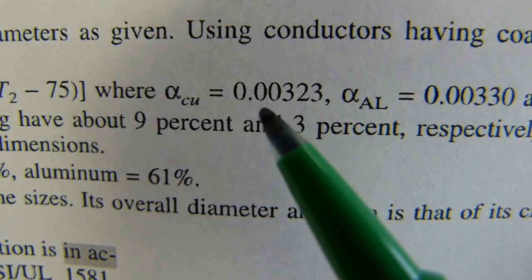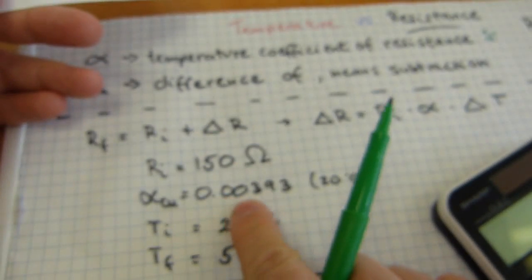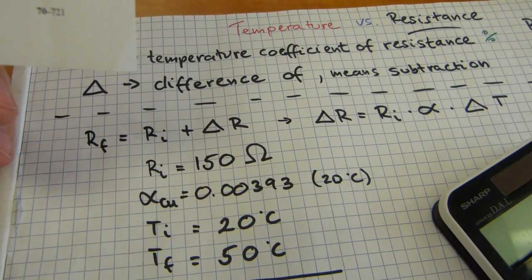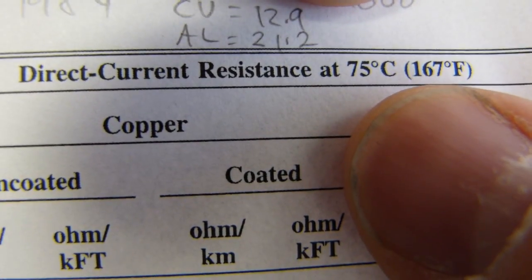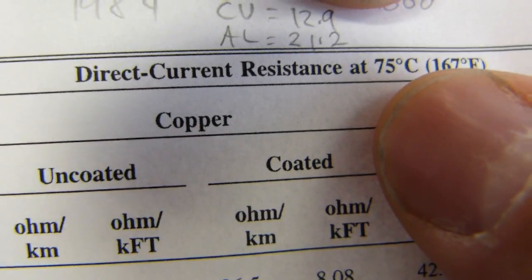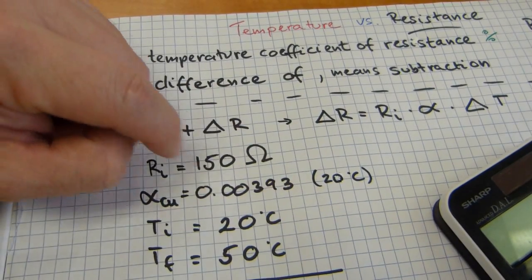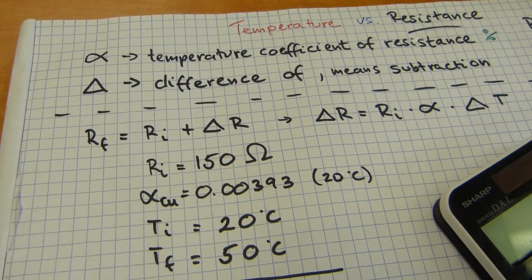And it's 0.00323. And we have 0.00393. So what figures? I'll tell you what. This NEC is calculated at a 75 Celsius degree resistance. Okay, and this figure comes from when copper is at 20 degrees, because this alpha number,